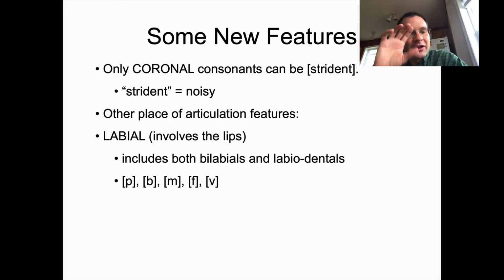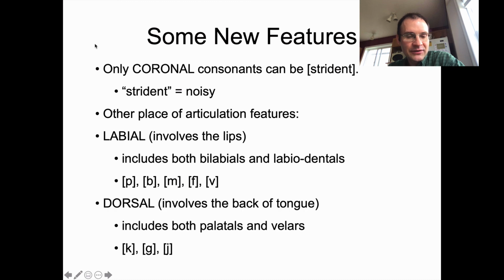But for now, I'll let you know that when you have any sound that involves the lips in phonology, including both bilabials and labiodentals, these are described by the distinctive feature labial. Anytime I'm putting anything in all caps here, that just means that's the name of a new feature that we're going to play around with. And these in particular will be the names of place features. So labial means involving the lips. It includes both bilabials and labiodentals, and it's p, b, m, f, and v. Stops and a nasal and two fricatives of the labiodental place of articulation.